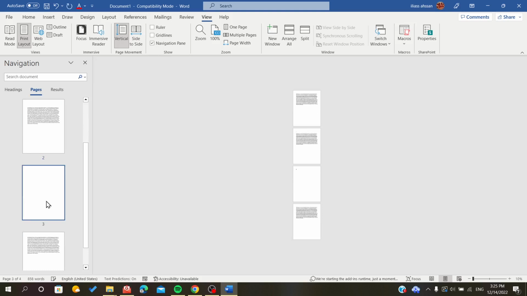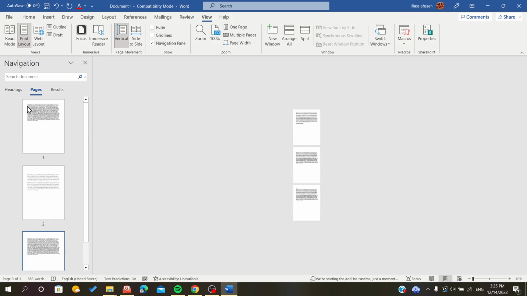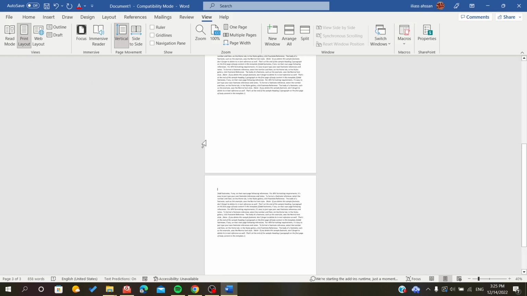delete it manually. So those are the methods that you can use to delete extra